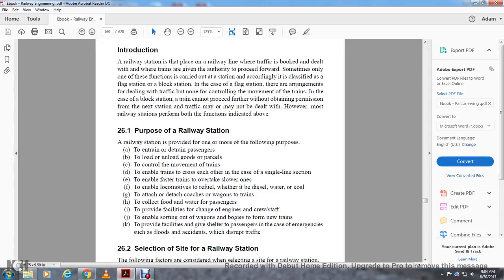26.1 Purpose of the railway station. A railway station is provided for one of the following purposes: to entrain and detrain the passengers, to load and unload goods and parcels, to control the movement of the trains, to enable the trains to cross each other in the case of a single line section, to enable the fast trains to overtake the slow ones,